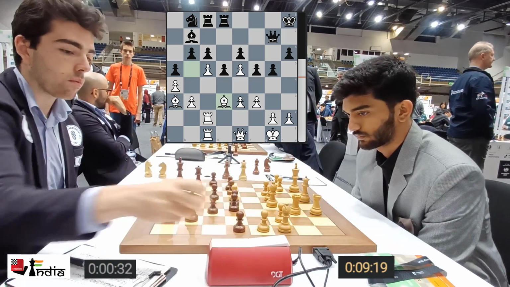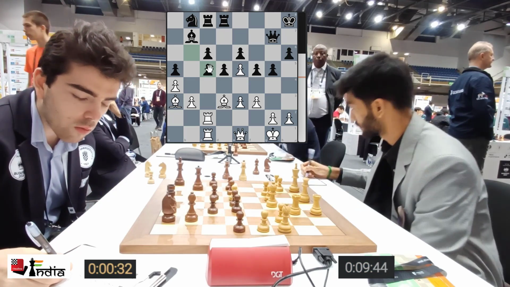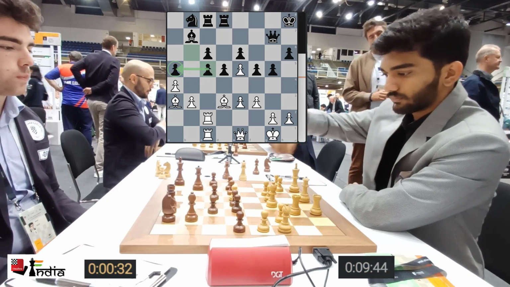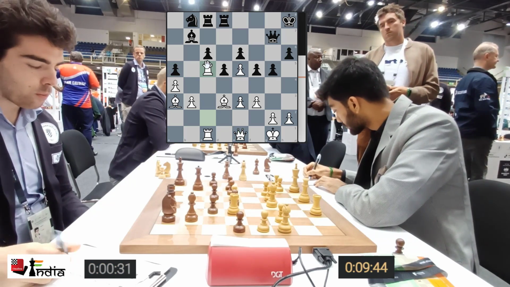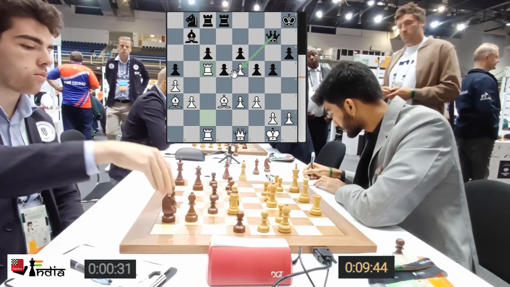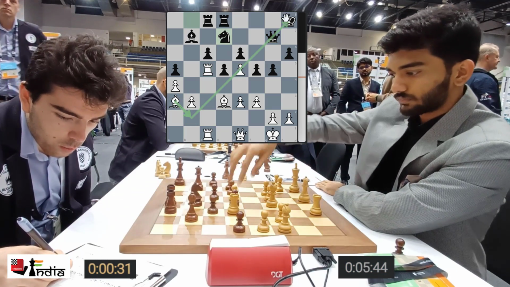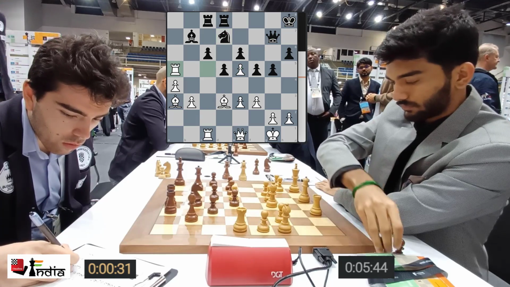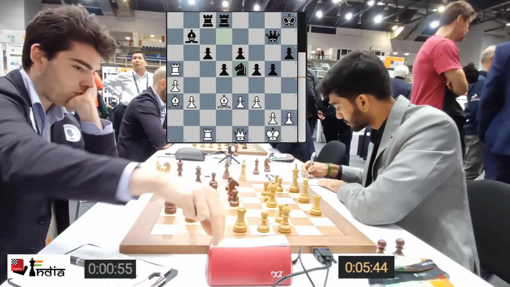White's position very, very good. The main problem for black being that his a5 pawn is very weak. So after rook c5 he's going to lose the a5 pawn and he'll be a pawn down. Yes, he can win this pawn on e5 with knight d7, knight e5. But look at this long diagonal that will open up. The rook takes pawn. But anyway, you have to do something about the lost pawn.